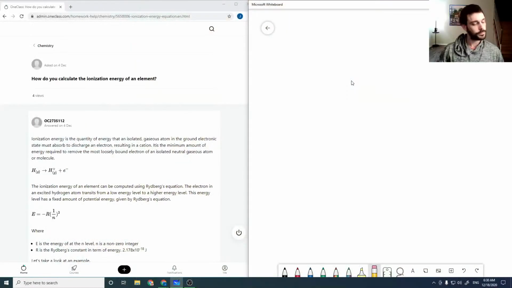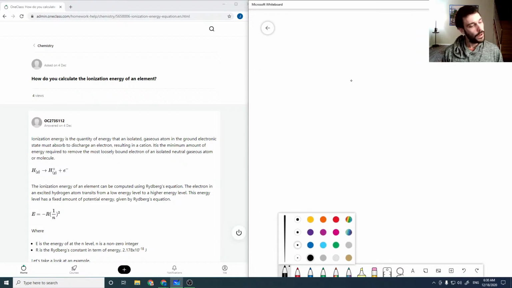I have a PhD in chemistry and today I'm going to run through a few undergraduate and high school level chemistry questions. So here's our first one. How do you calculate the ionization energy of an element? So for ionization energy, okay,